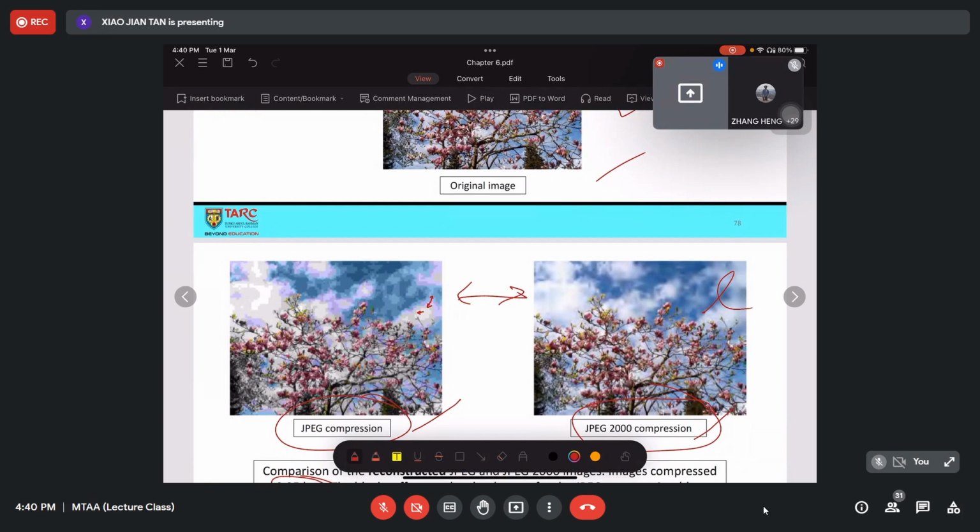Let's say you want to have a greater compression rate, but you don't really need to decompress or recover the original data. Perhaps you can choose JPEG, or the compression from JPEG 2000 with a higher rate of compression. But if you think that you need to reconstruct the original image, then perhaps it's not a good idea for you to use JPEG.